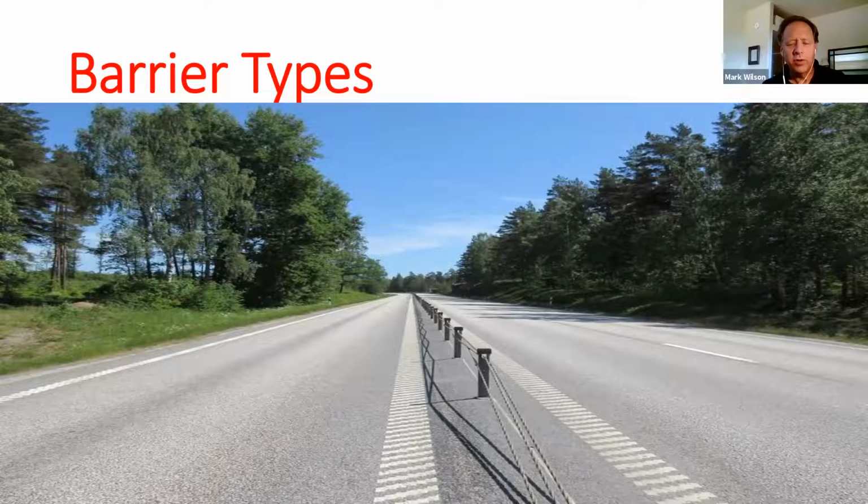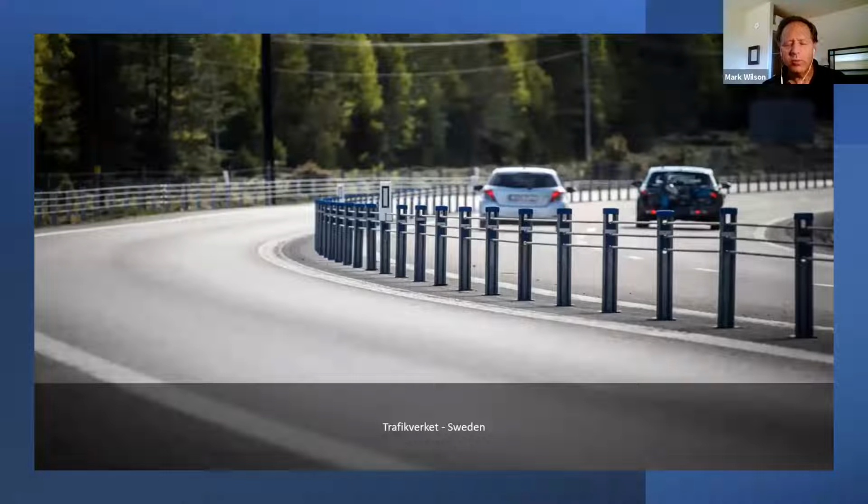Here is another 3-wire wire rope barrier, just a different design. It's an inline style with the cable sitting in the middle of the posts, and these posts bend when there is an impact, and the cable holds the vehicle from crossing over and having a high energy collision.